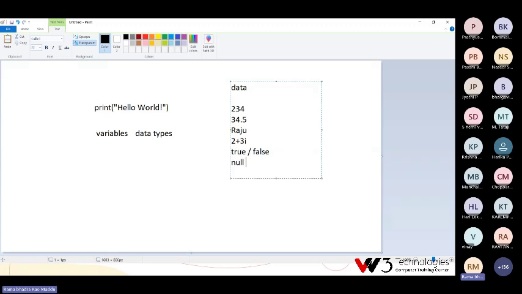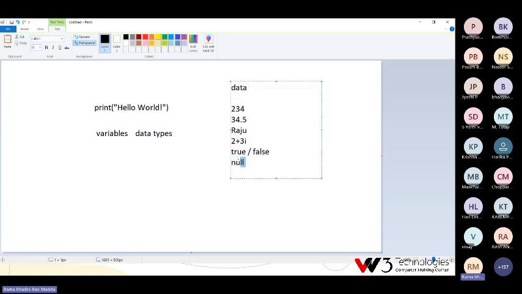So data may come in different ways. It may be a number. The number may be a rounded number or a decimal number. And strings: one character, one word, one line, or multiple lines comes as strings. Strings are also data. Complex numbers, true or false Boolean data, null data.